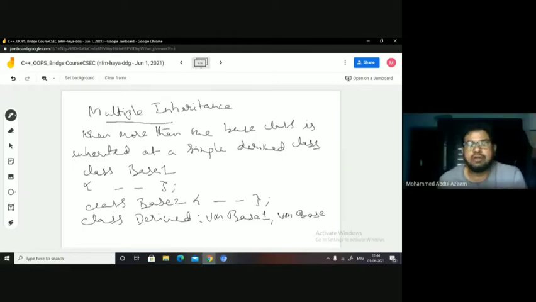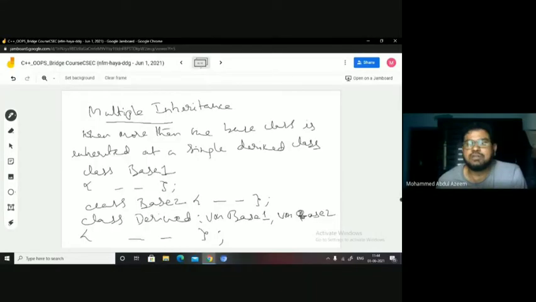So you can see in this example, I have one base 1 class, this is a base 1 class, this is base 2 class, and it derived the class, okay. We are inheriting how many classes? Base 1 and base 2. If you are inheriting multiple classes, how do you separate it? With the help of a comma. Got it? With the help of a comma, you are going to separate it, right?